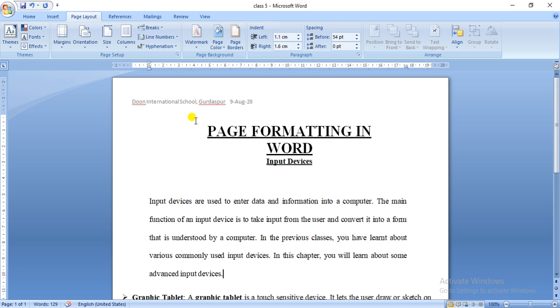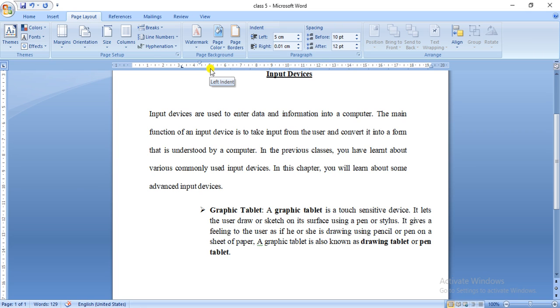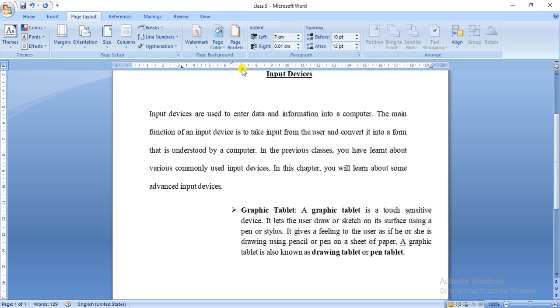Now there is a third method also to increase or decrease the indent. Place the cursor anywhere in the paragraph that you wish to indent. Now I'll click on this paragraph. Bring the pointer to the horizontal ruler bar present over here. Now click and drag the required indent marker. So I'll click and drag it. You can see I'm moving it to the right hand side, and when you release the mouse, the text is indented at the desired location. So you can move it to the left margin or you can drag it to the right side.